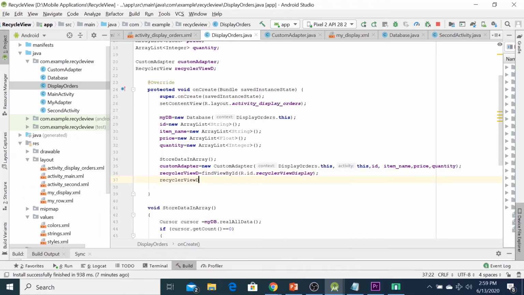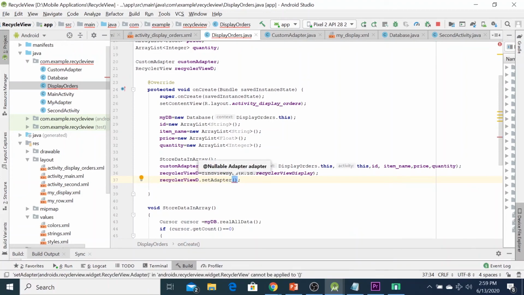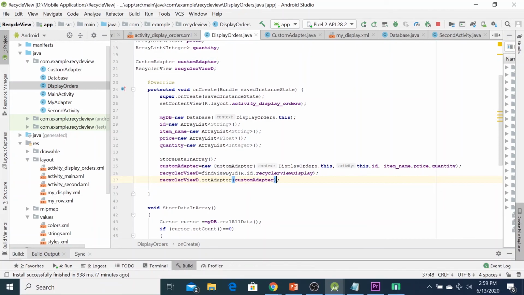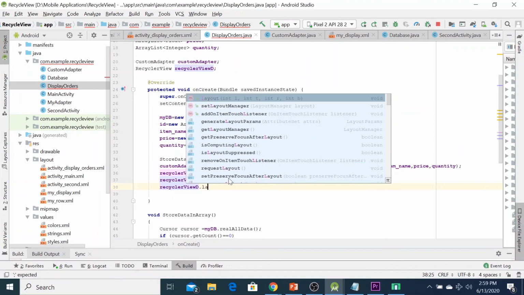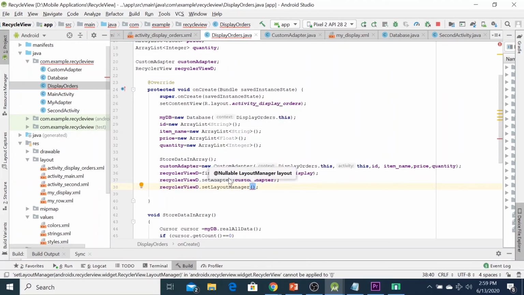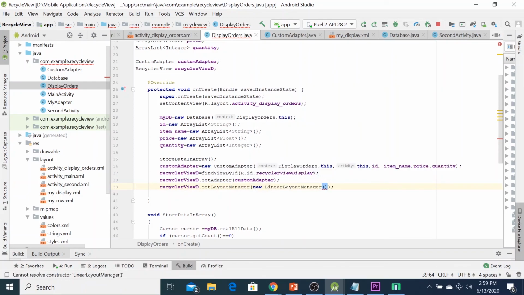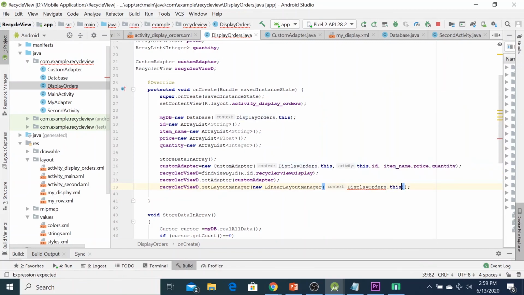And we have to set the adapter, which is the custom adapter, and the layout manager: setLayoutManager(new LinearLayoutManager(DisplayOrder.this)).